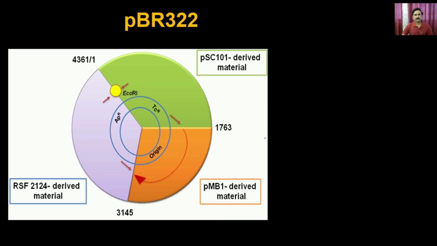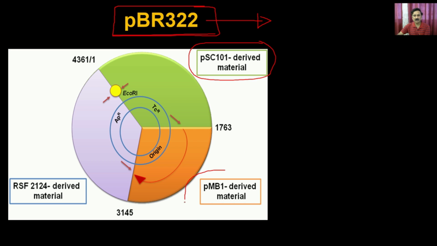So this is an important plasmid which was first synthesized as a man-made plasmid. pBR322 is the first man-made plasmid, where the scientists acquired different regions of DNA from naturally occurring plasmids. These are the naturally occurring plasmids from which the scientists isolated different genes, different regions of the DNA, and that's how they assembled them to synthesize the first man-made bacterial plasmid, which is called pBR322.